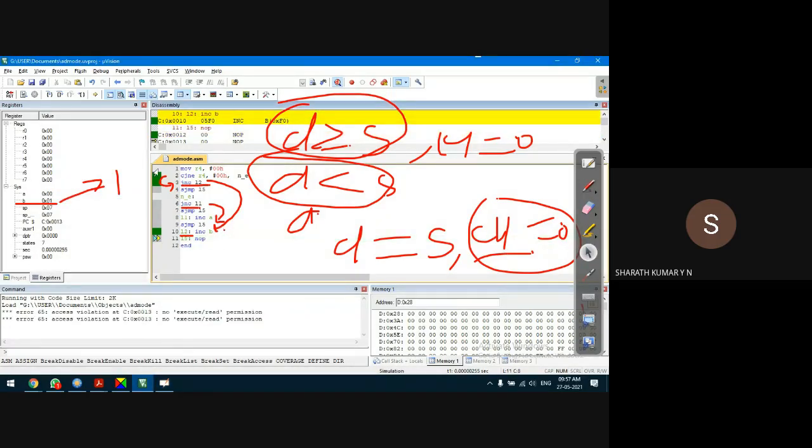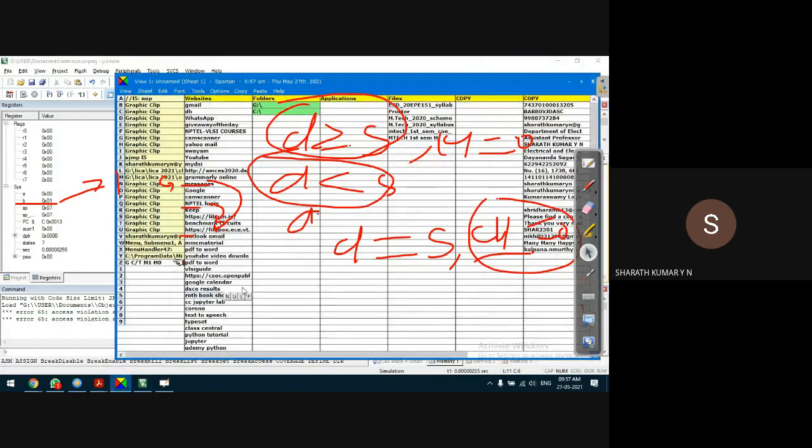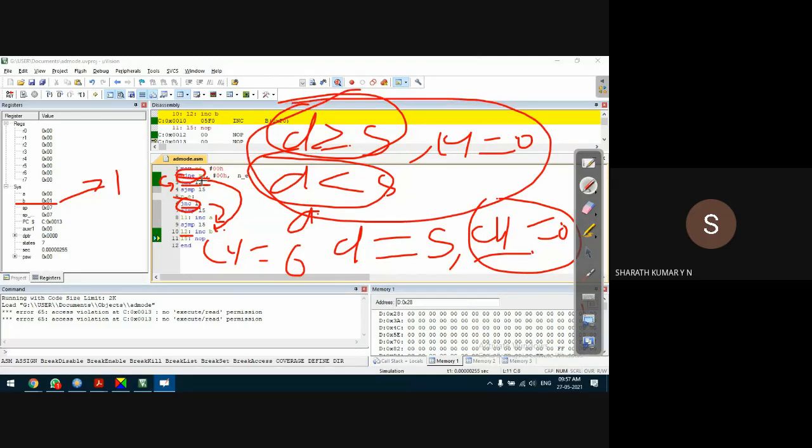That's all. In today's class we have understood the CJNE instruction mainly and the JNC instruction. That means how to use JNC or JC instruction along with CJNE instruction to check the carry, because the CJNE instruction will affect the carry bit depending on these two conditions. So we have to check using either JC or JNC.